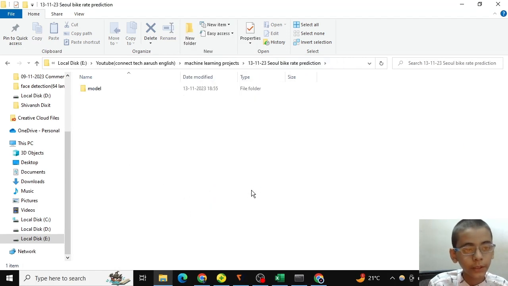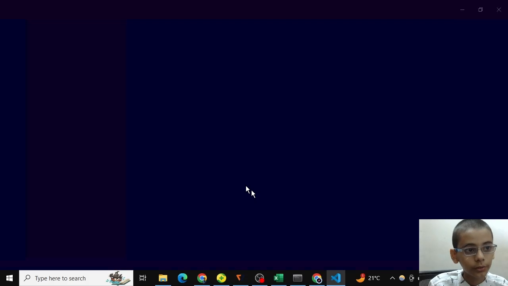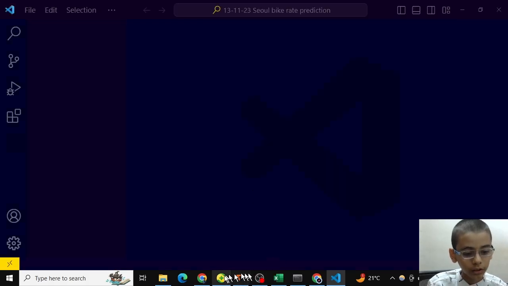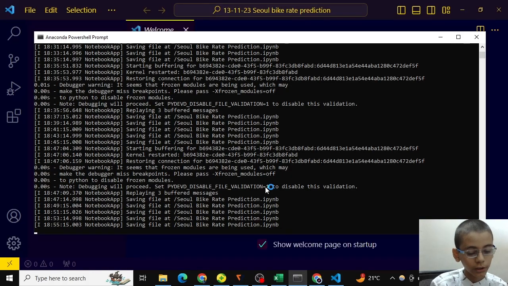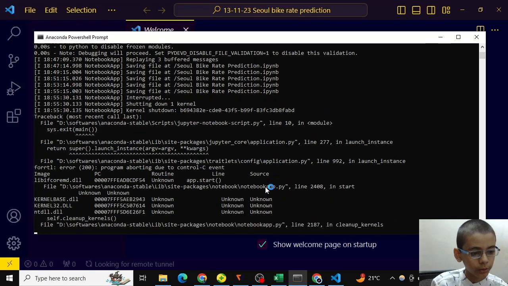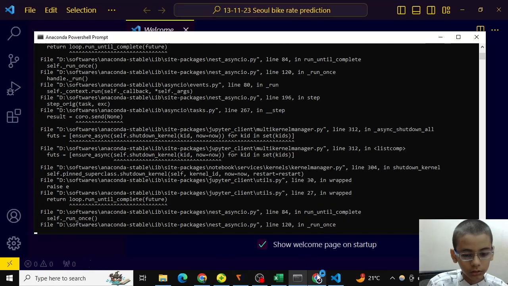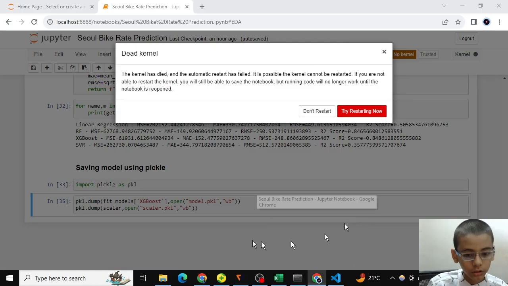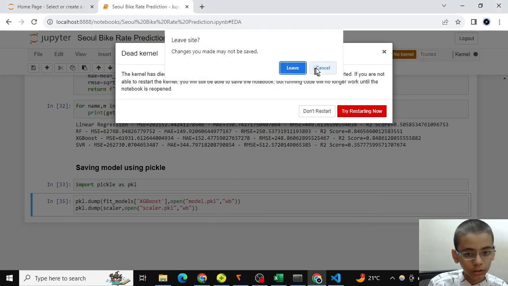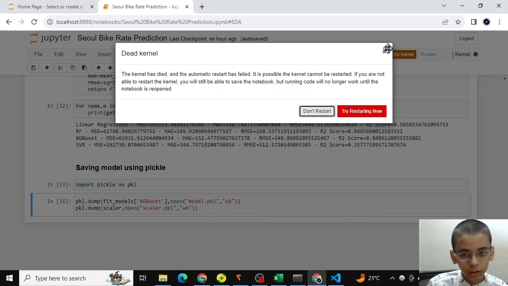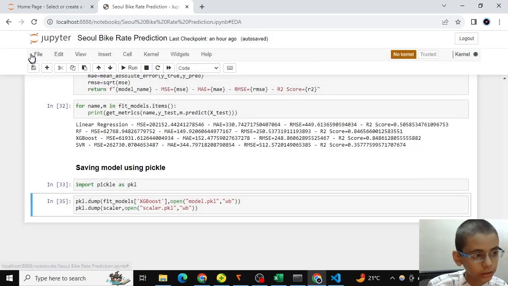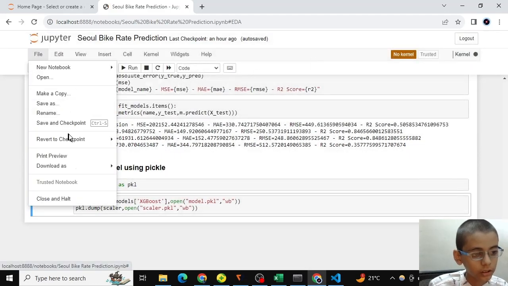So let's open it with code. VS Code is opening and we can shut down Jupyter Notebook. Let's just save that.